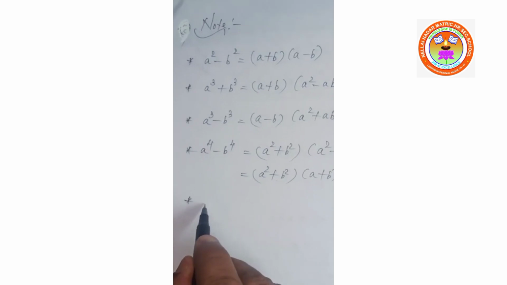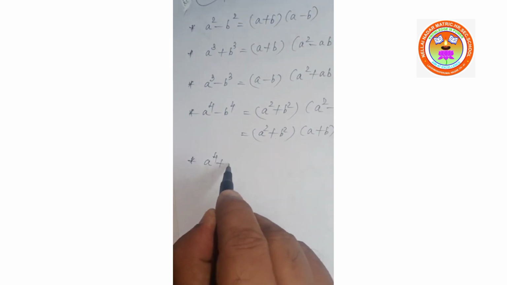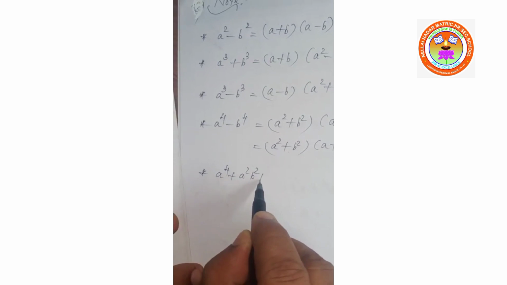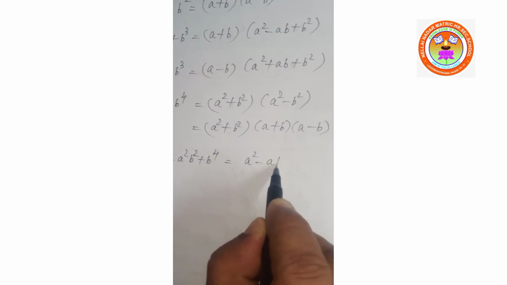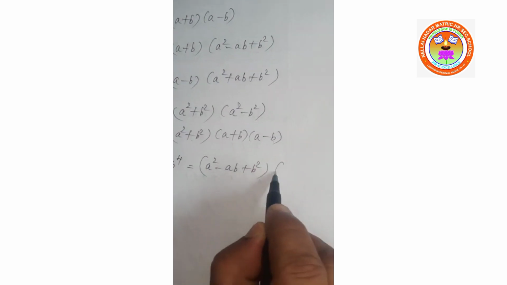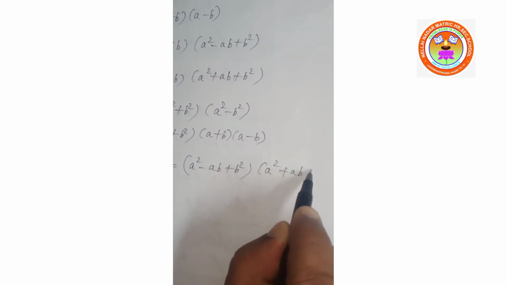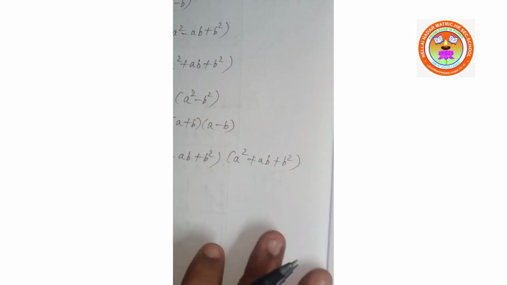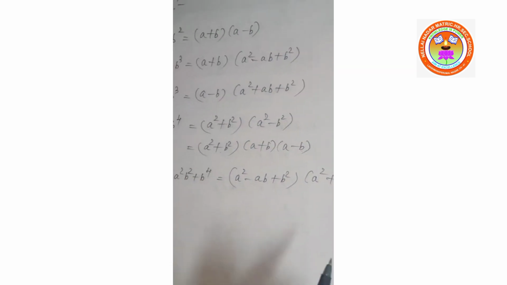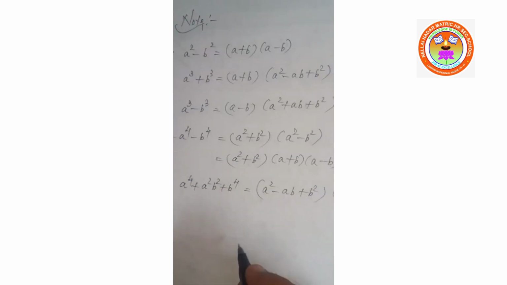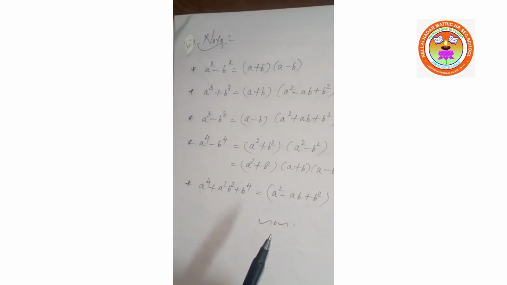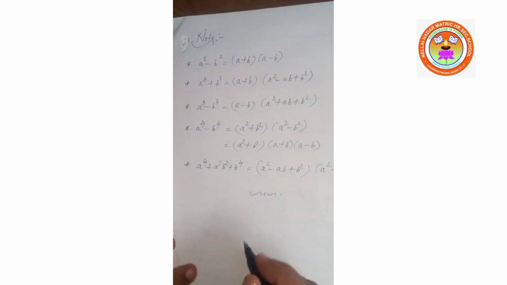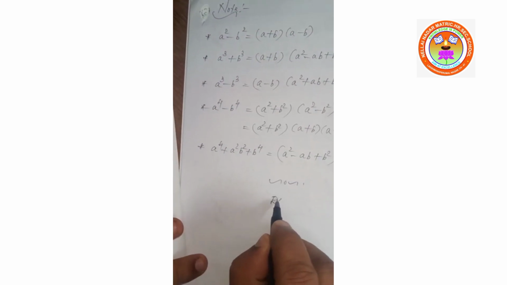Next, a power 4 plus a squared b squared plus b power 4, that is equal to a squared minus ab plus b squared, a squared plus ab plus b squared. Okay. These are the identities to be applied for finding that LCM in particular. Okay, can proceed. Even for GCD, sometimes we are applying these identities. Now we can get into that exercise 3.2,